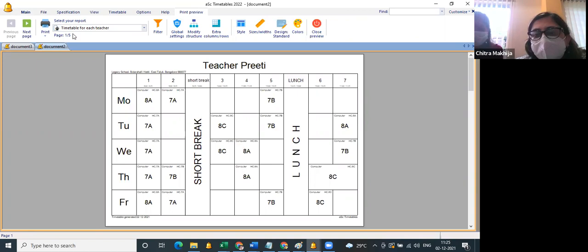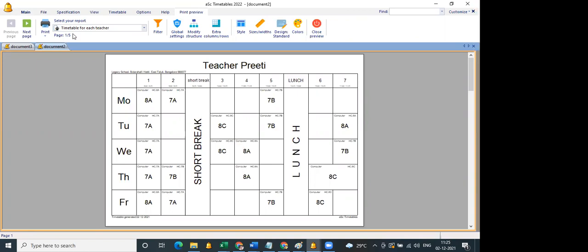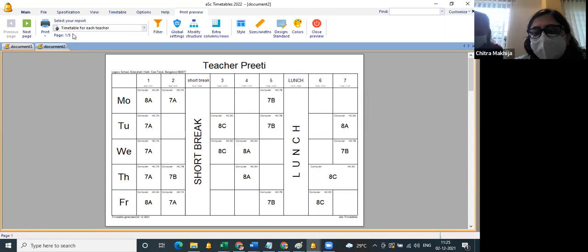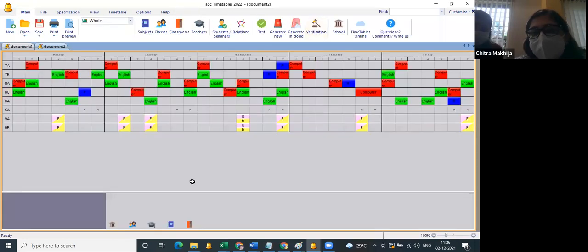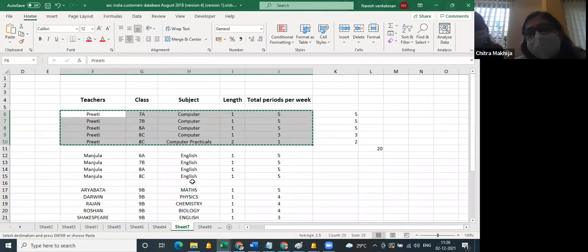Which one, madam? You're telling the division. Importing the data. You've shown us. Yes, okay, madam. Now I wanted to ask you, is it possible for us to do it subject wise for a few teachers, because it's based on the room allocation? But for a few teachers, is it still possible to do it according to the teacher?